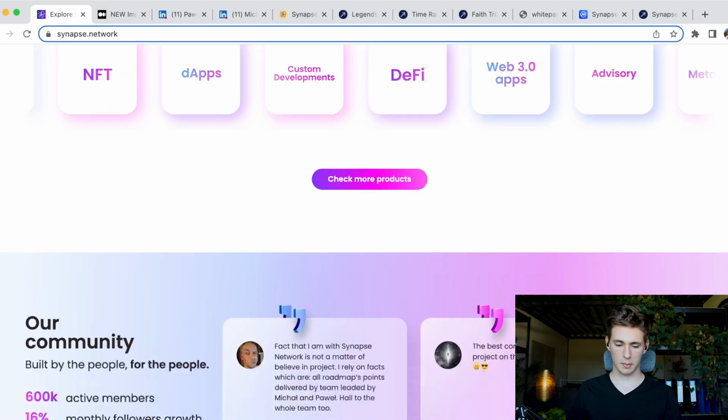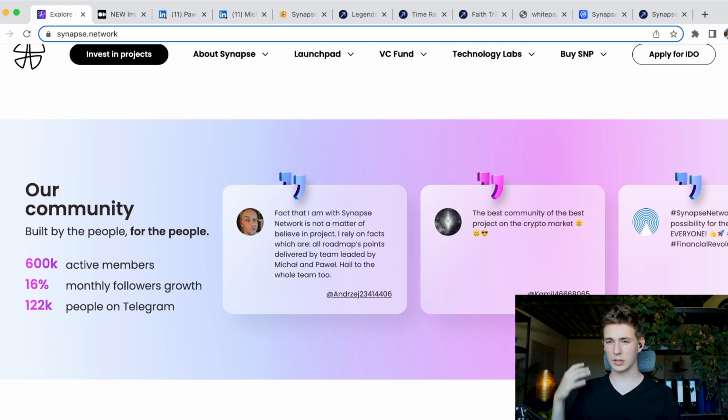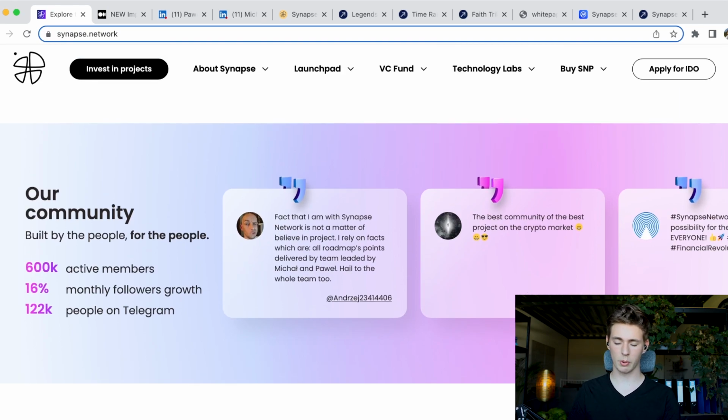So moving on from here, we see our community. Now this is something we don't usually see when we review a Launchpad, an actual tab on the website, right on the homepage created for the community. I think it's very good. Launchpads are crowdfunding websites at the end of the day, and the crowd in crowdfunding is very important. So that would be the community. I don't feel like Launchpads are putting enough attention to how important that really is. So it's good to see this.